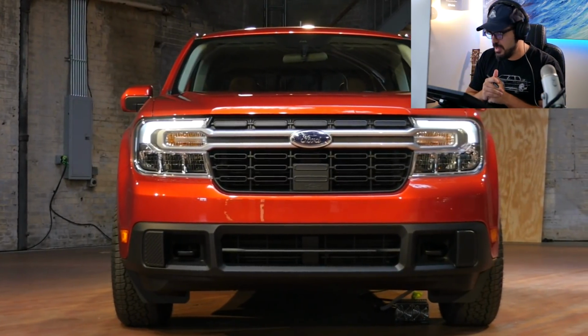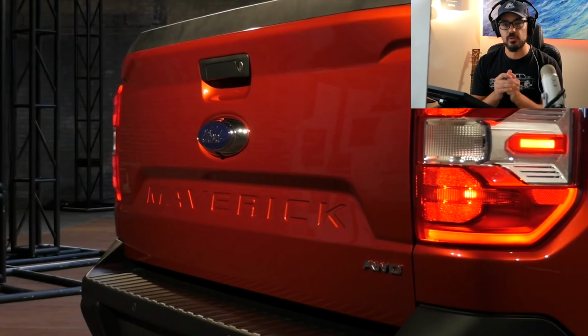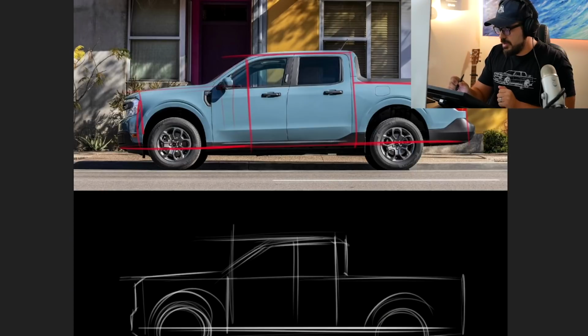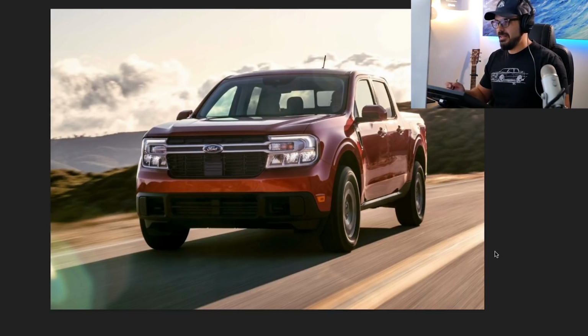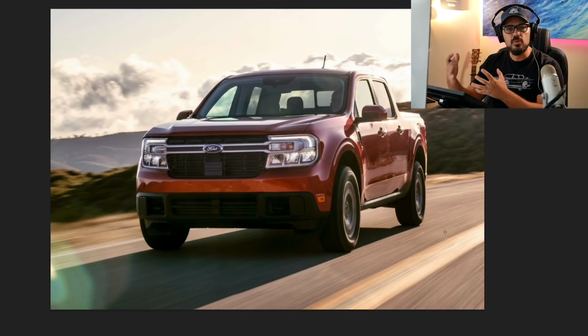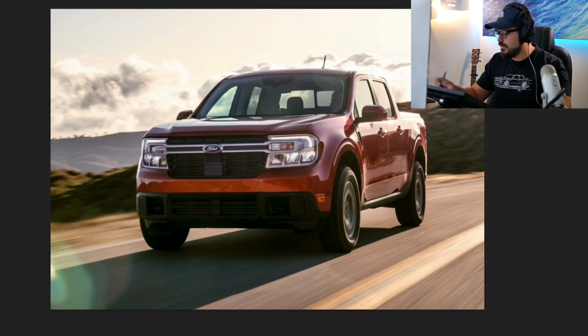And I want to show you the graphics in the front and also the graphics in the rear, and what I like and dislike about that as well. So let's jump in to the front here and just look at how refreshing a dialed back design can be for a new car. This looks like it could be maybe a 2010 design or something like that,